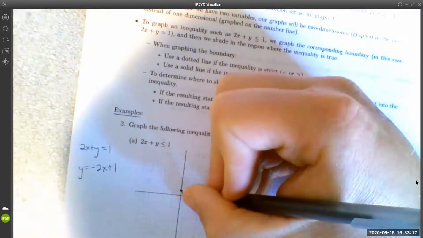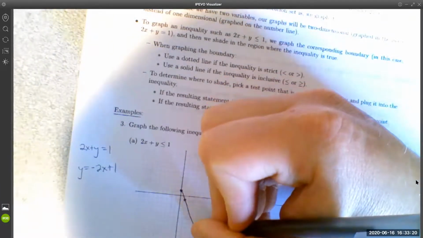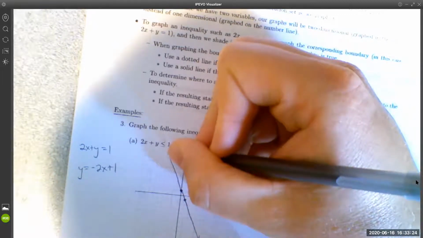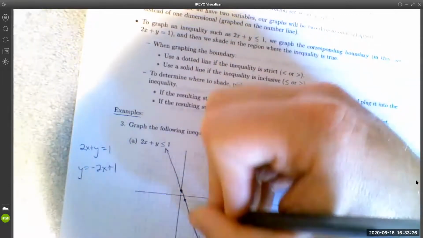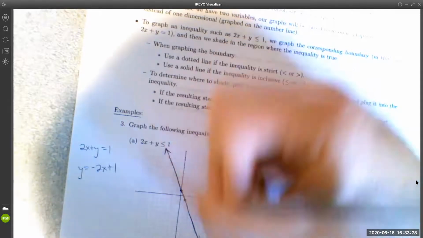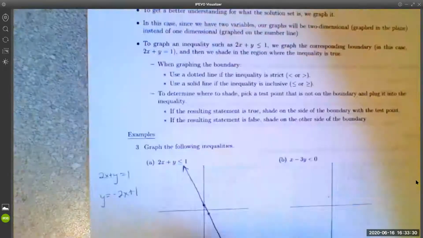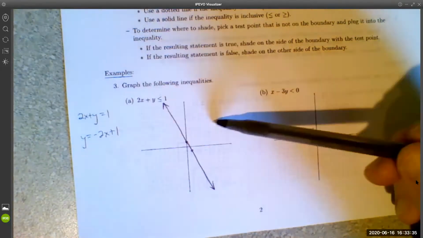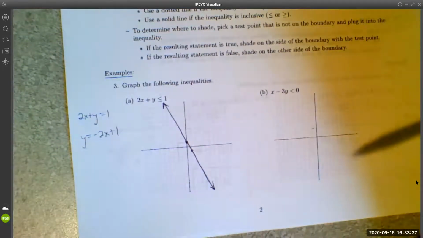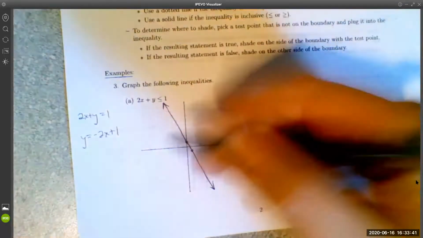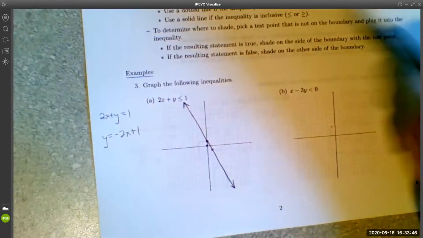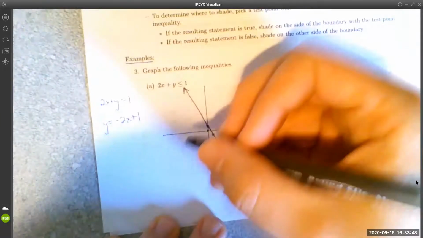So it's going to look like this. Okay, so there's our boundary line. Now, to see which side of the line to shade on, we plug in a test point. And it can be any test point you like as long as it's not on the line. So for example, the point 0, 0 is not on the line, so I can use 0, 0 as my test point. So my test point,